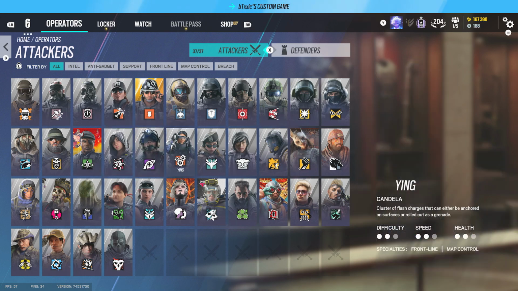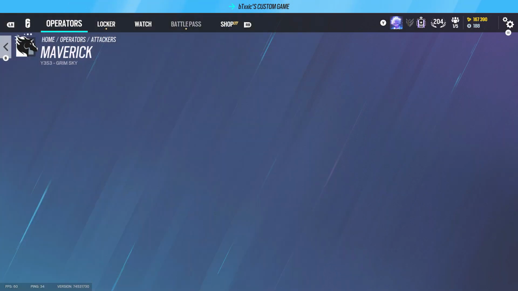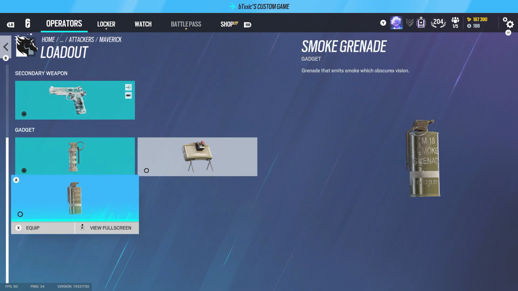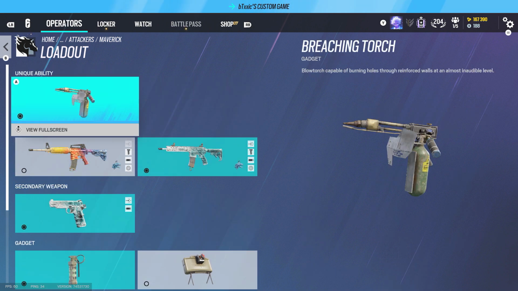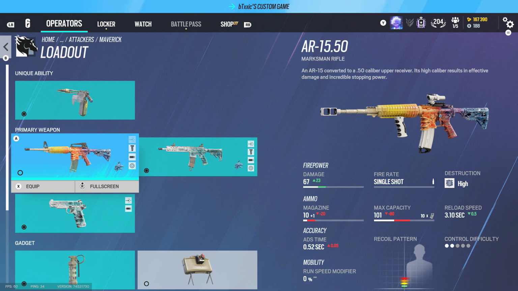Now next I'm gonna go to Mav, and Mav has really fallen out of favor in the meta lately. His picks are more niche than anything. If you're solo queuing, you probably shouldn't bring Mav at all, honestly. You should really only bring him when you're playing in a coordinated stack, like for certain things like